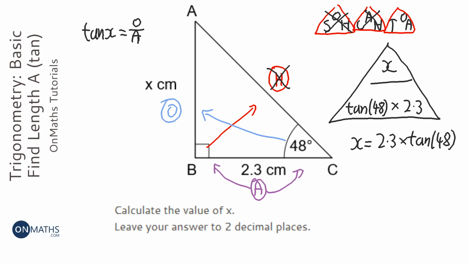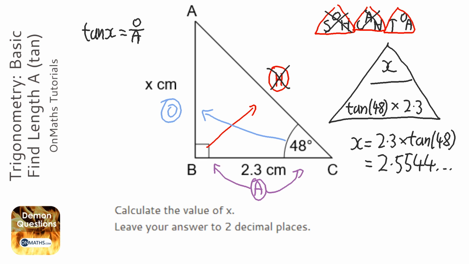Now you've got to be really careful with the calculator, because when you type in tan on most calculators, it's trying to be helpful by opening a bracket, but students often forget to close the bracket, which is why it's quite sensible to put the 2.3 first. So 2.3 times tan 48, and you've just got to remember to close that bracket. Press equals, and you should get